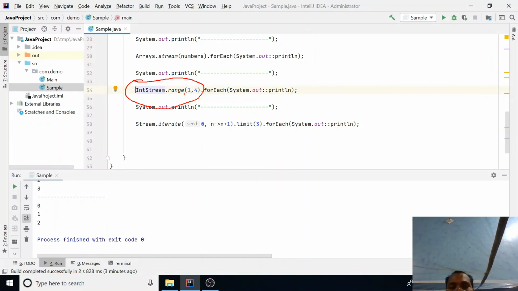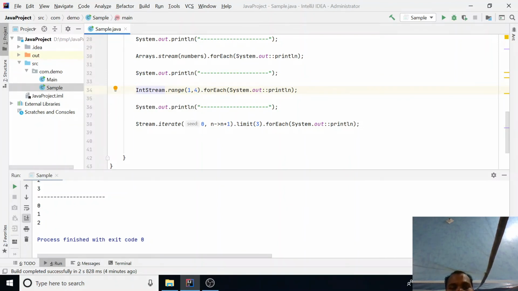You know my stream starts from 1, then 2, 3, 4, 5, 6, 7. But be noted, this is the range function. The range function doesn't include the last element. 4 is not included, so they are 1 to 3.